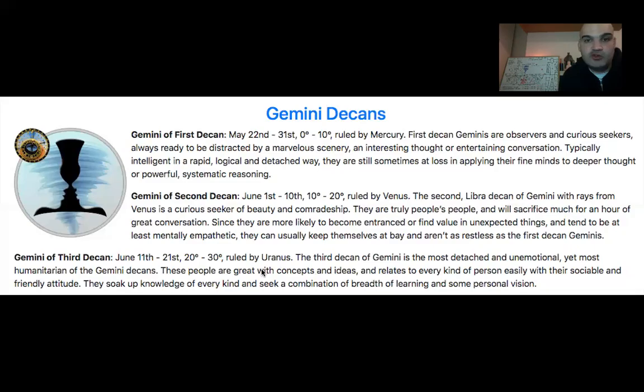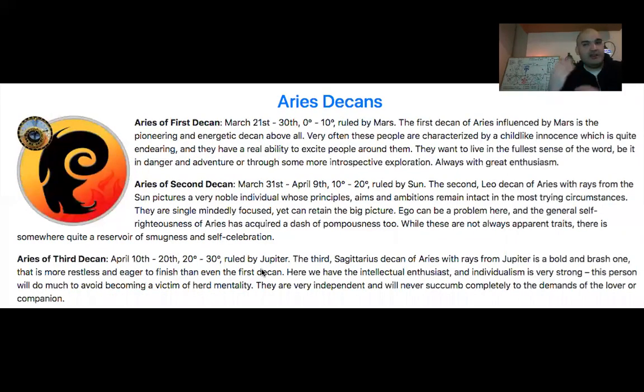So I'll just quickly go through each one, just again to give you an idea of why each decan is ruled by a particular planet. So the first decan of Aries is ruled by Mars and would be someone who is an Aries. And then the second decan of Aries is an Aries Leo, which is ruled by the Sun. And then the third decan of Aries is an Aries Jupiter, which is ruled by Jupiter. So like I said, each decan corresponds with the same element. So for example,